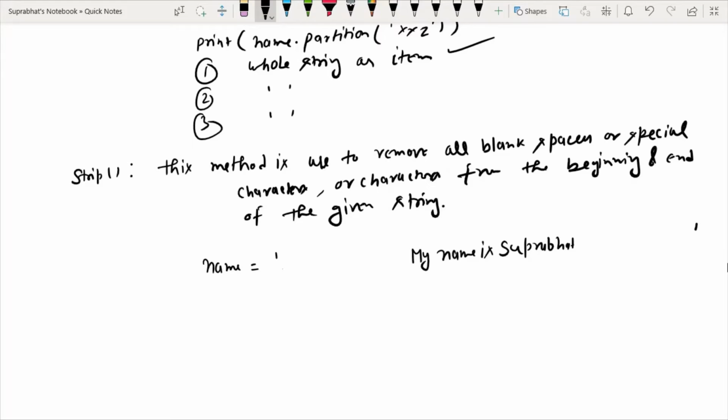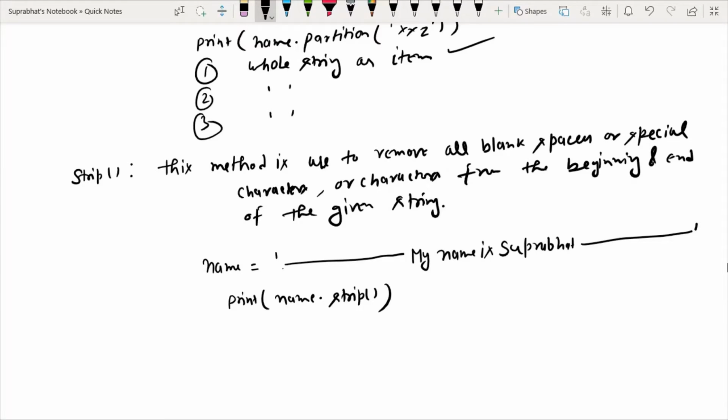So I have given blank space before and after this string. When I print name dot strip, it will remove all the blank spaces from the beginning and end of the string, so that my output will not show the blank spaces, it just shows the full string.